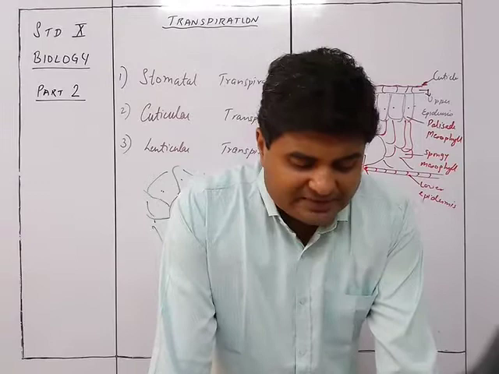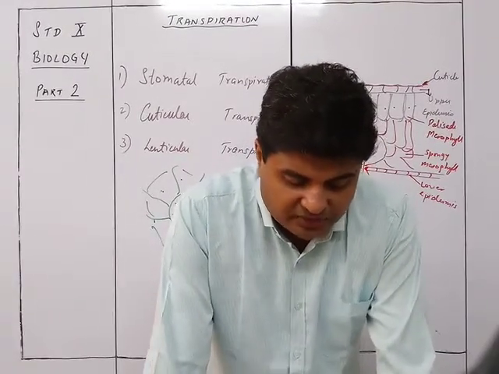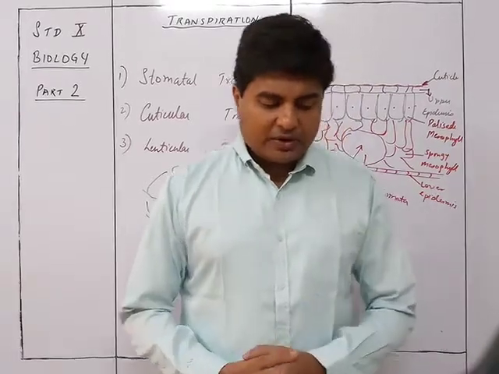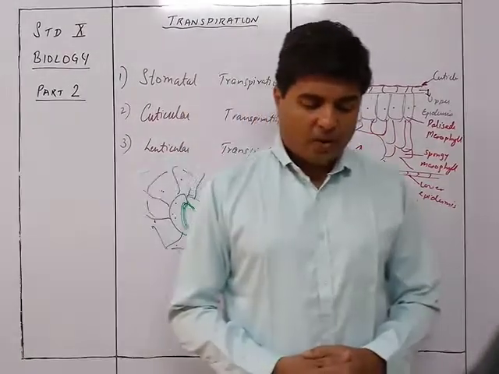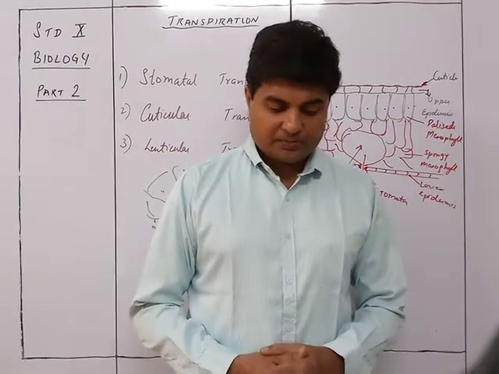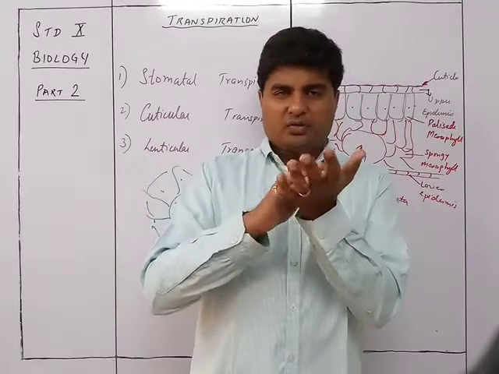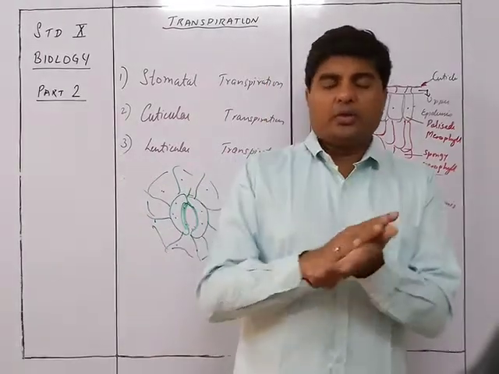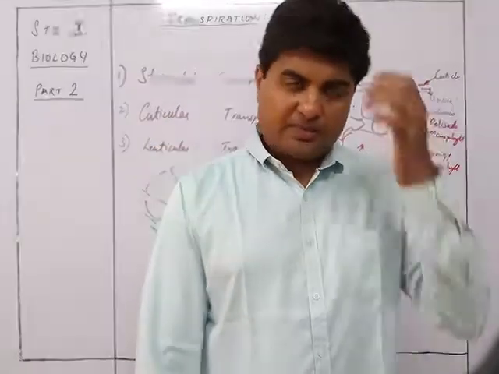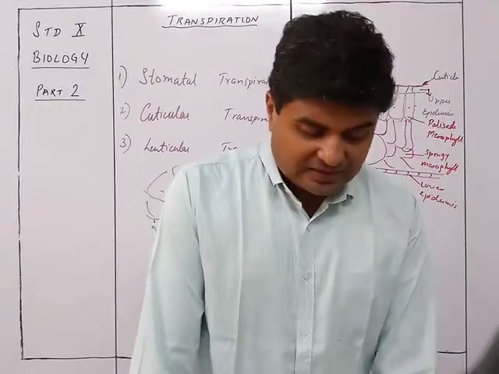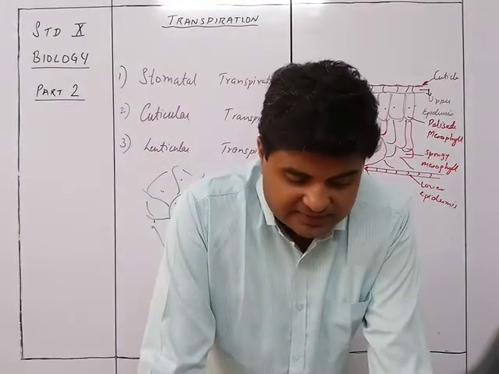Cuticle is a waxy layer secreted by the epidermis on the two surfaces of the leaf. The thickness of the cuticle varies from plant to plant. Primarily, the cuticle serves to prevent evaporation of water from the leaf surfaces. So the cuticle is a waxy coating on the top, and it is going to prevent the evaporation of water from the upper surface of the leaves. However, some evaporation does take place, and the greater the thickness of the cuticle, the lesser is the evaporation,